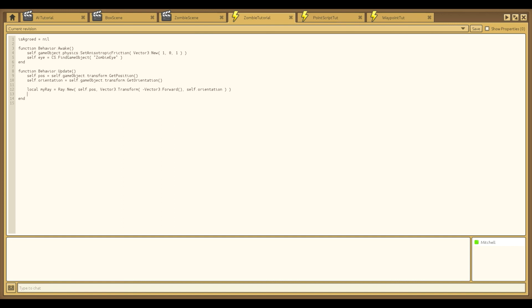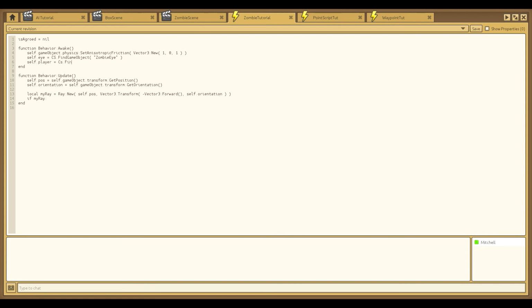Now, what we want to do after that is judge whether this ray is hitting our player or not. So if myArray, let's see if myArray, oh actually let's define that. Yep, see that's something we have to define. Okay, so self dot player is cs.find, gosh darn it, cs.find game object player,